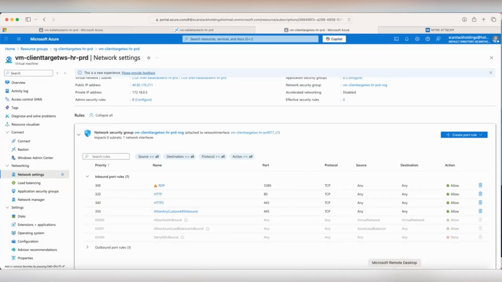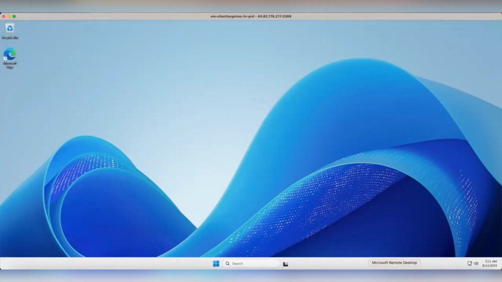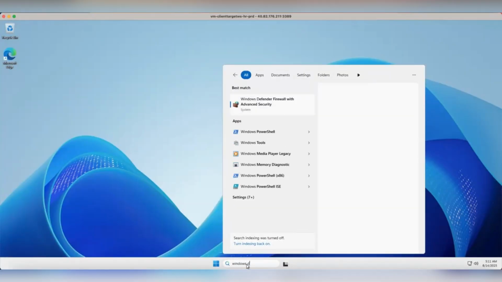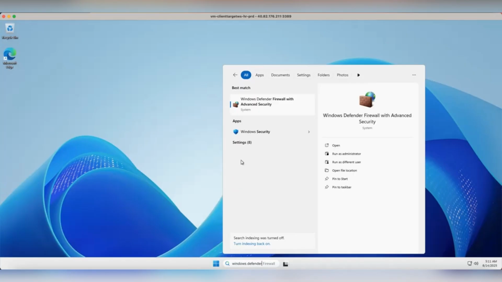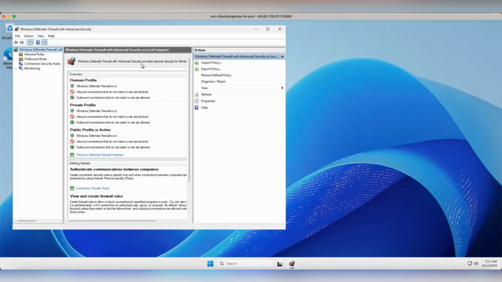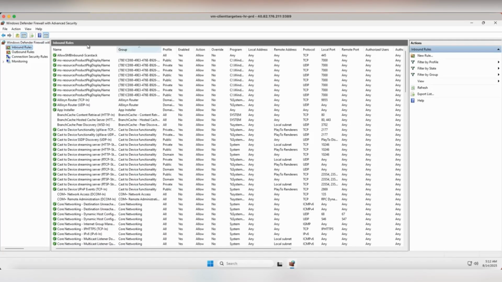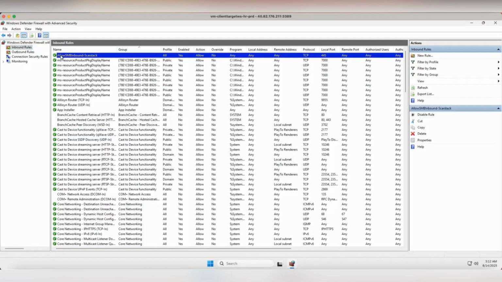Also, if I go to the remotely logged in version of the same server over here, I'm going to check with Windows Defender to ensure that I also have an inbound firewall rule set up for our SMB TCP protocol. I'll go ahead and launch that application. We'll expand that over here. And if I go to the inbound rules, I can confirm that I do have an allow SMB inbound custom